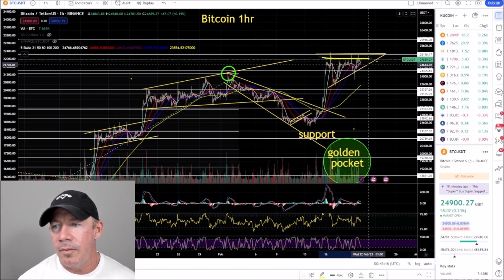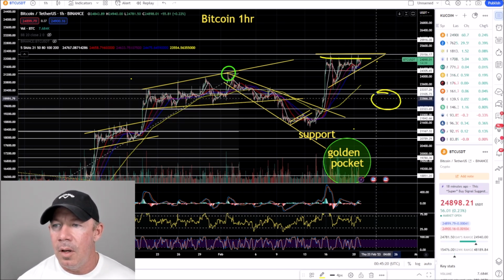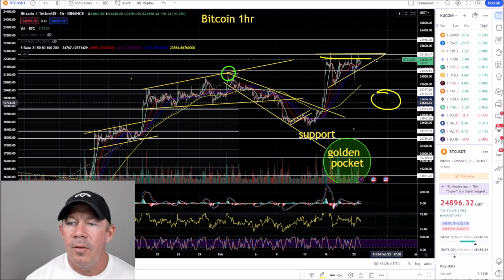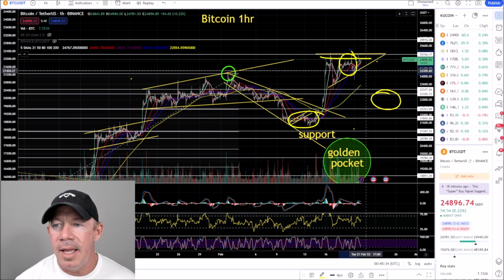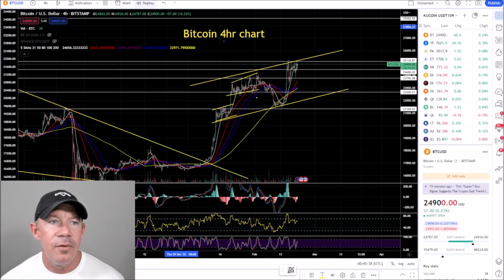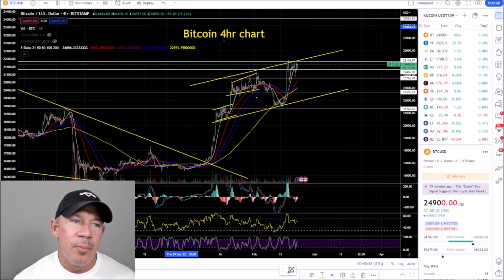Otherwise, there's some bounce ideas down here for a higher low, 23,300 to 22,500, right? So it still would be a bullish idea where low, high, and then higher low, still working on an uptrend. So if we go out to the 4 hour chart, zoom out a little bit and look, previously,